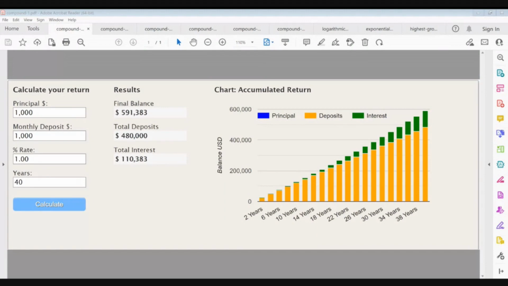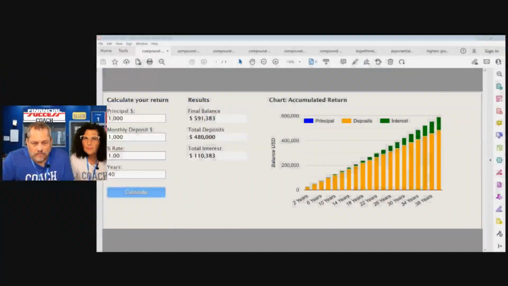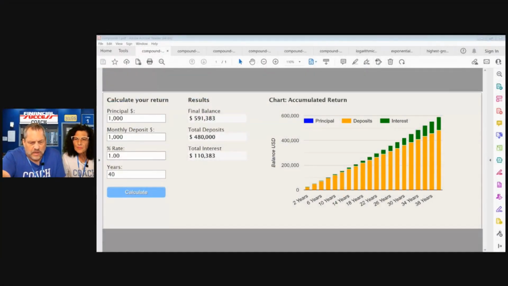It could be like 90 or 100, right? But 40 years here, you can see total deposits. See that middle line? Total deposits, $480,000, right? Look at total interest. Oh, my bad. Look at total interest, $110,000. So your final balance is